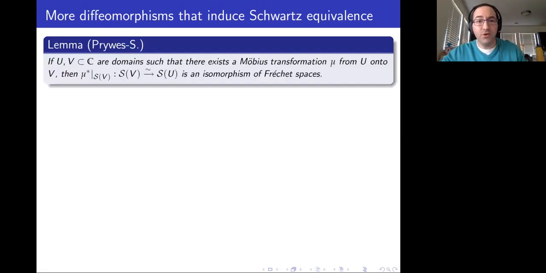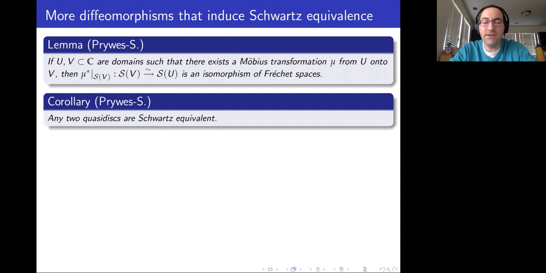So if we take any two domains such that they are the images of each other under a Mobius transformation, right? Just a rational function, affine linear over affine linear. They always induce Schwartz equivalence. And here I don't assume that U and V are definable. But Mobius transformation, okay, so this is one lemma. Okay, and they tell us that any two quasi-disks in general are Schwartz equivalent, because if you have a quasi-disk,